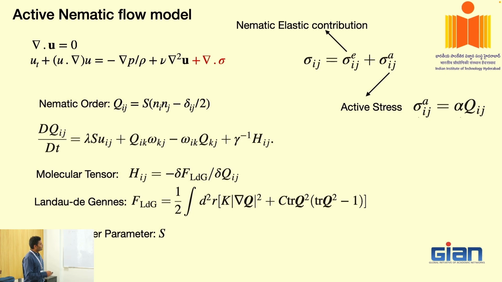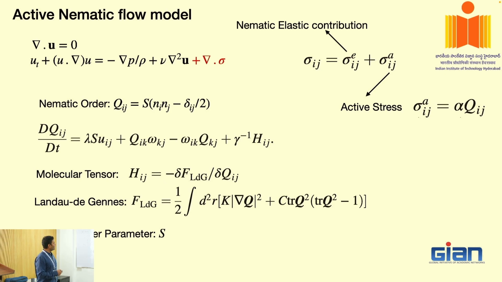Now on top of that, we are trying to mimic the activity that comes into the system. So only due to the nematic nature, the dynamics is anyway going to be different, very similar to what you had for the viscoelastic flows. But since these guys are active, there is going to be an additional contribution due to activity. Now, what one can do is define an order parameter for this system. Here Ni is nothing but a director field. When you have these rods, you can do a coarse graining and define the director field for that. And you can write a tensor field which is going to have this form Qij, and this is known as the nematic order tensor field.